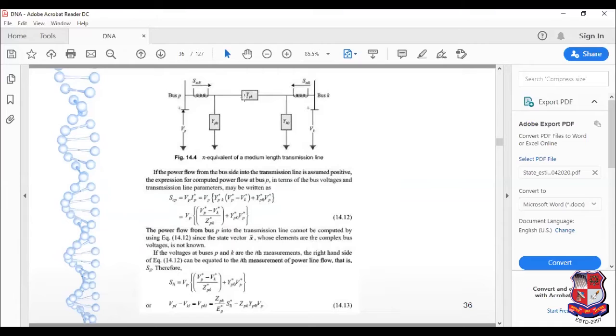Over here, as we have discussed in load flow studies, it has two shunt elements and one series element. Now, if we apply load flow equations, then we can easily write that the apparent power is a product of Vp into Ip conjugate. This equation is for the bus equation. So we have to convert this equation for the line equation. How we will convert, later on we will also discuss.